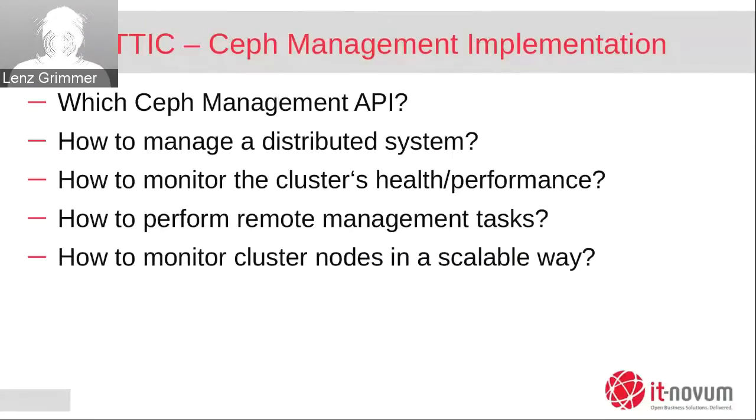So choosing Calamari sounded interesting because it would allow us to simply use a RESTful API to get jobs done. But it would also add quite a lot of additional overhead, because we would basically have to run 2 Django instances. The REST API also meant that for availability purposes, you would be able to set up maybe 2 Calamari server instances, and then you need to figure out on which of these nodes the REST API is currently located. You would need to have a load balancer. So it sounded to us that this is way too much work and overhead,